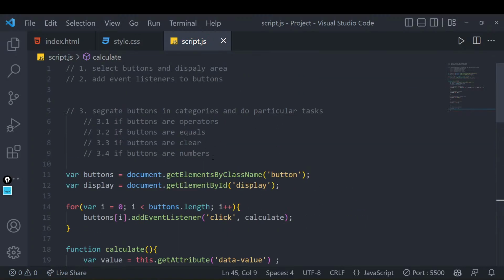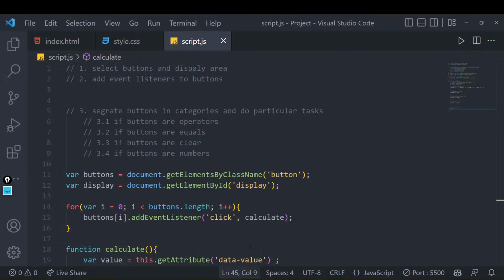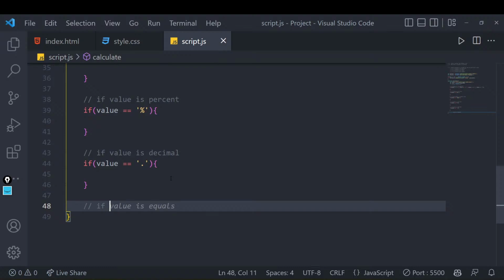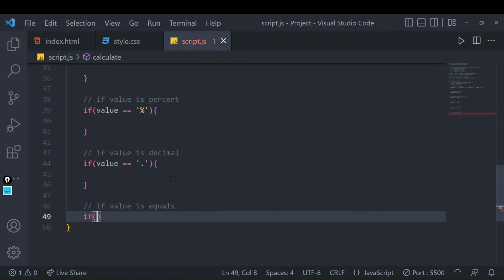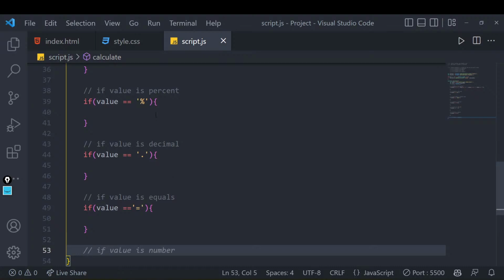One thing is remaining. What if these are buttons, right? So quickly tell me one thing, if we have said clear we have done, plus minus we have done, multiply, percentage we have done, all these operators we have done. Just a minute, I think we missed that equal sign, right? Let's also write, if value equals, I'll simply write value equals. If this is the thing, then we'll write some other code around it.